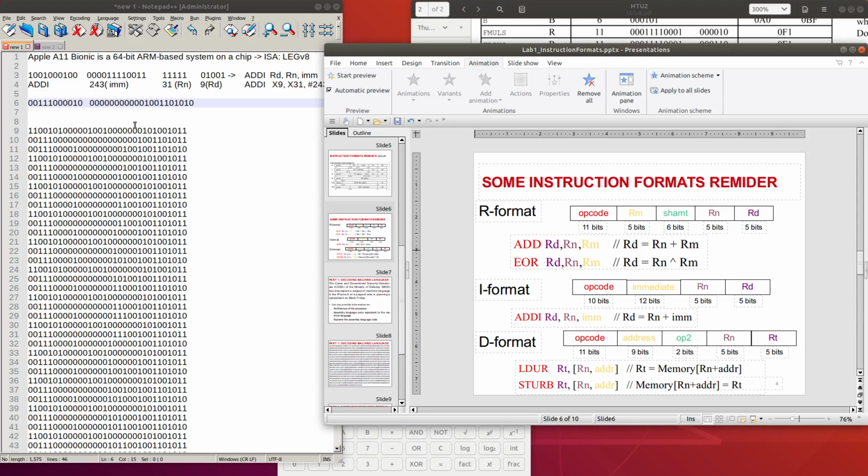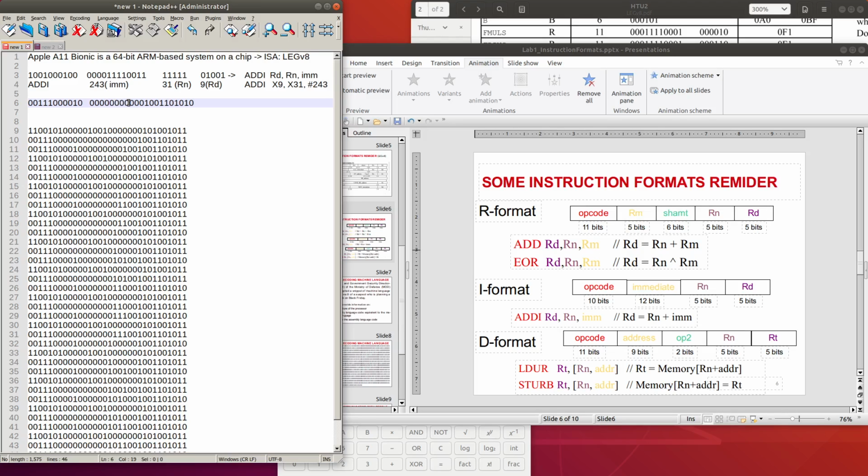So we need to cut it into 11, 9, 2, 5, and 5. So here is 11. The next one will be 9, 2, 5, and 5.